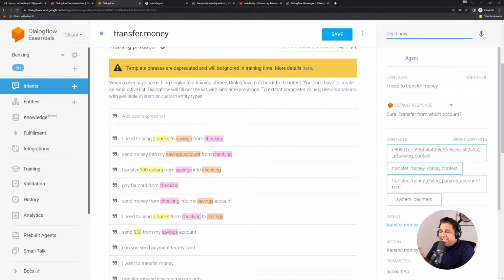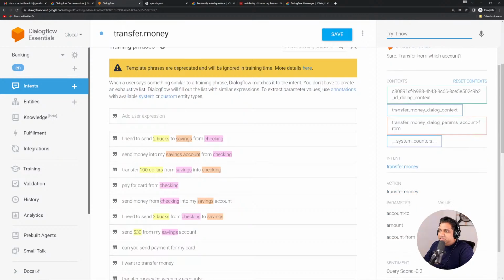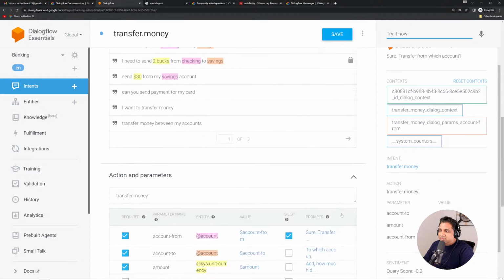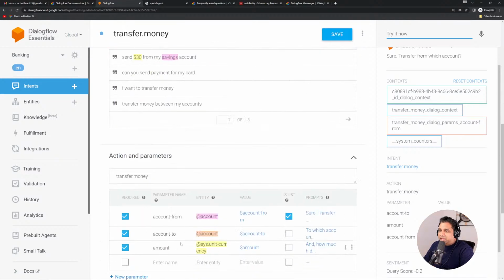So I've not provided any other information. Now, immediately you'll see that Dialogflow was smart enough to understand that the intent was transfer.money, which is great. Within that, you'll see that there are some parameter values that are all empty. And the reason is, when you come here, we've defined these parameters,